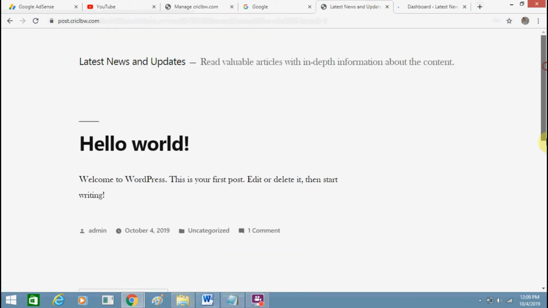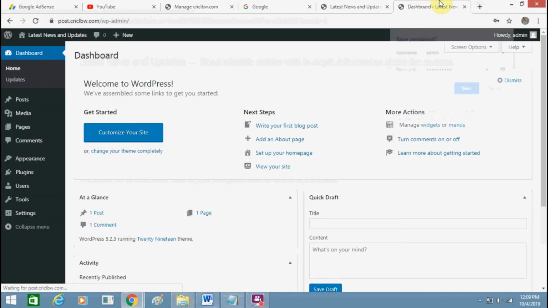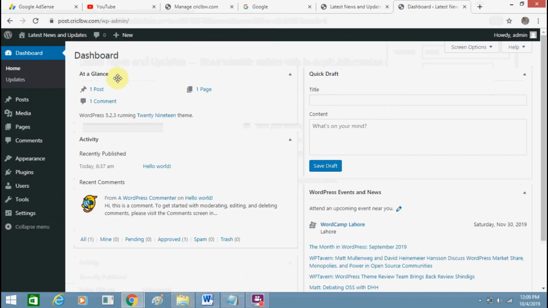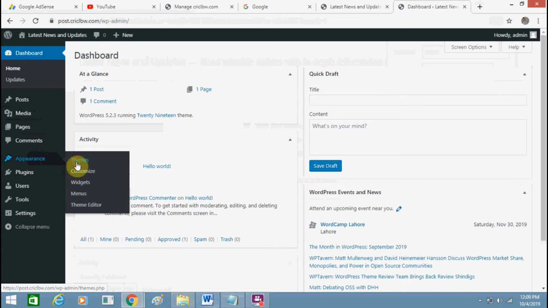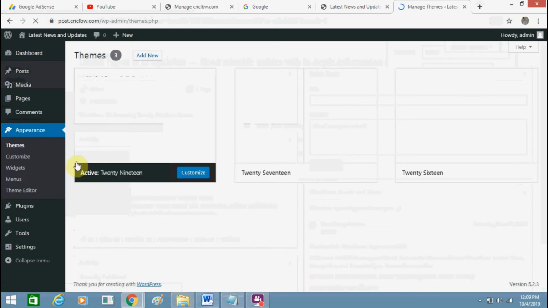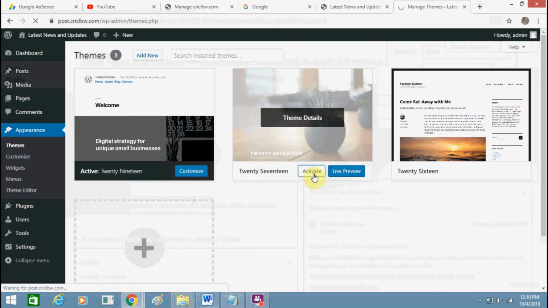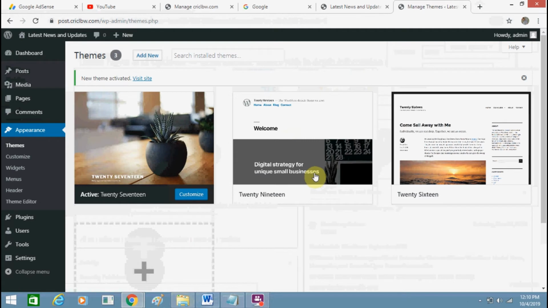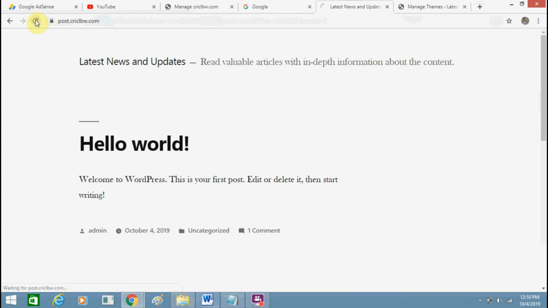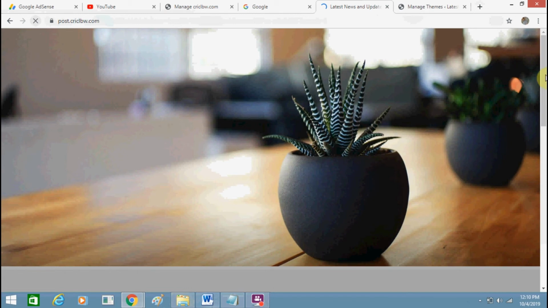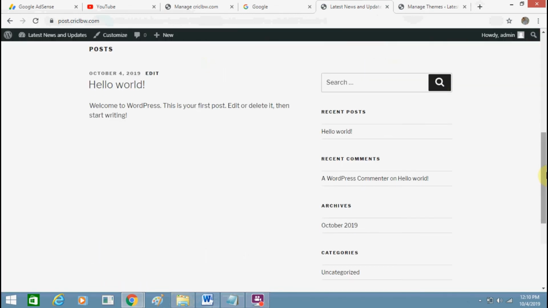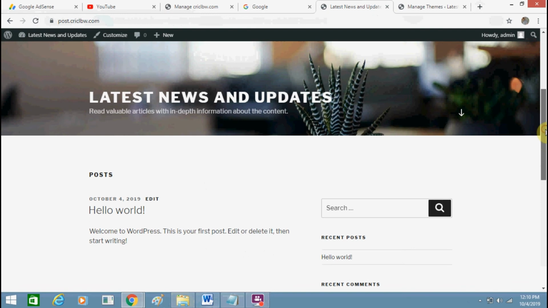As of now it is showing like this. So I will install a sample thing just to show you how it works. In theme section you can go here. You can still activate this theme as of now, just to show you a sample. So this theme is activated. Now I'll just refresh this third level domain. So it will look like this. So I can change my theme and customize my third level domain in my WordPress accordingly as per my needs.